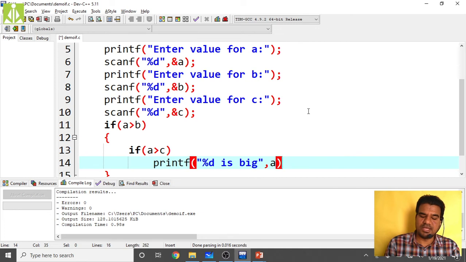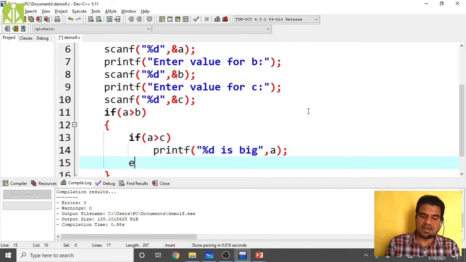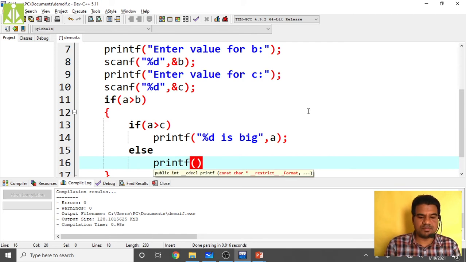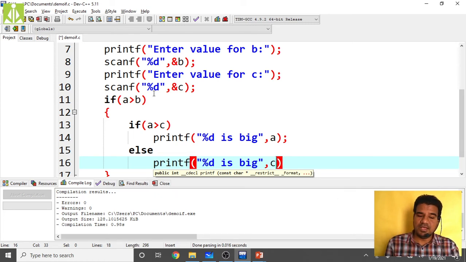Put the semicolon at the end, then go to the else part, and over here take another printf statement, and here you put %d is big. This second %d is nothing but your c, because between a and b we already concluded a is big, so no point of b. b is smaller, so we are excluding b.